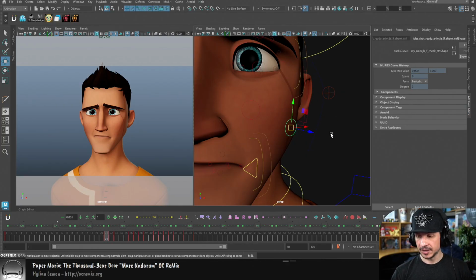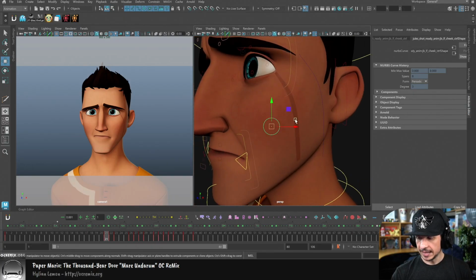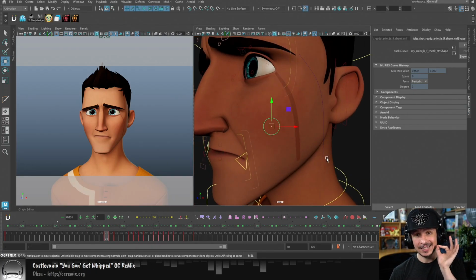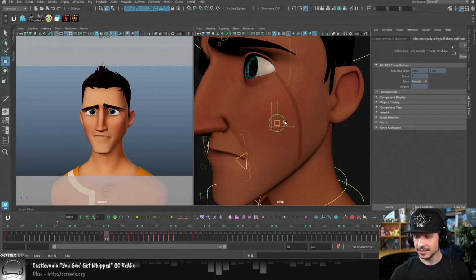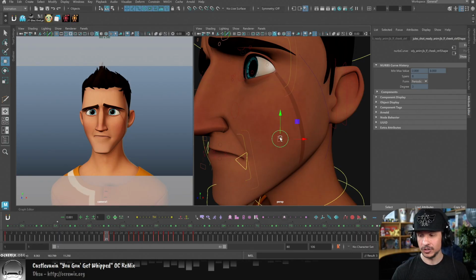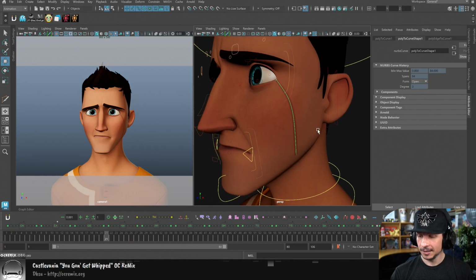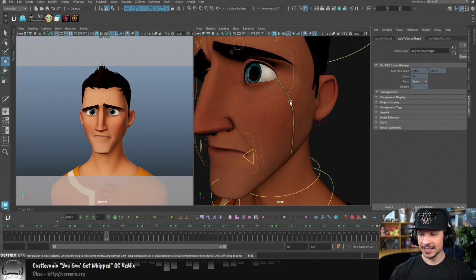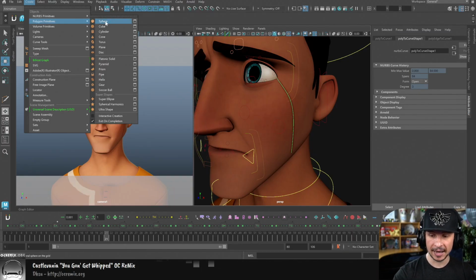Now the cool thing about that curve, it's kind of hard to see here. Let's move it there. That curve retains the information of the original object. What that means is it's its own separate curve, but as I move the cheek, you can see that it moves along with it. It's got that history, that connection between those two. So it also follows the face. What this means is now I can just take this curve and use it as a motion path. So a motion path is essentially